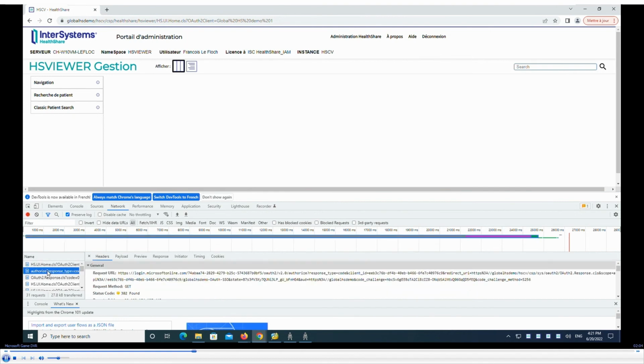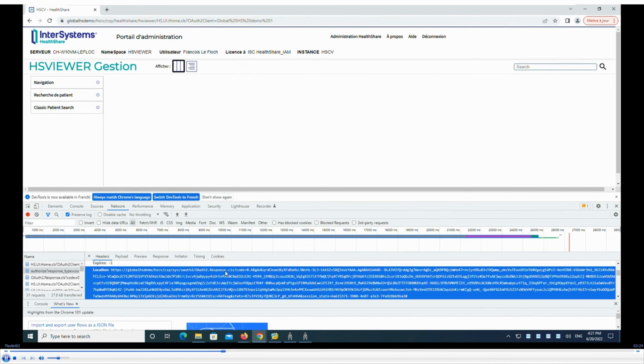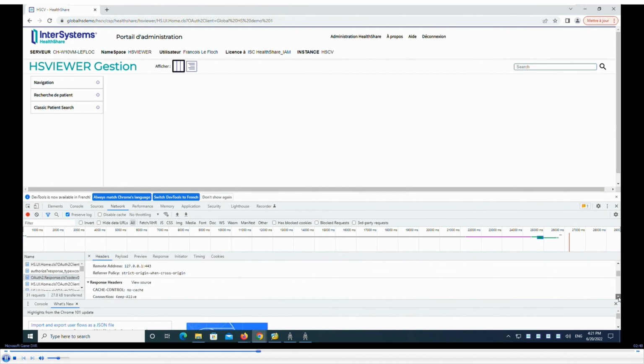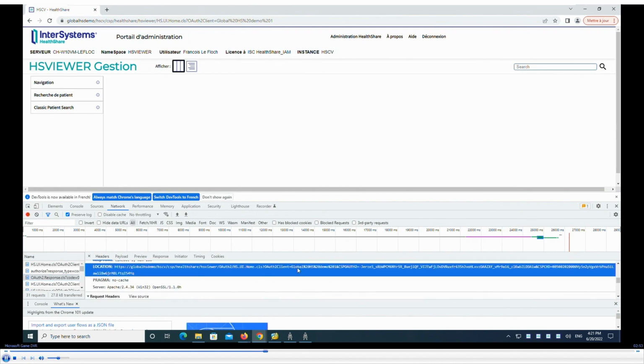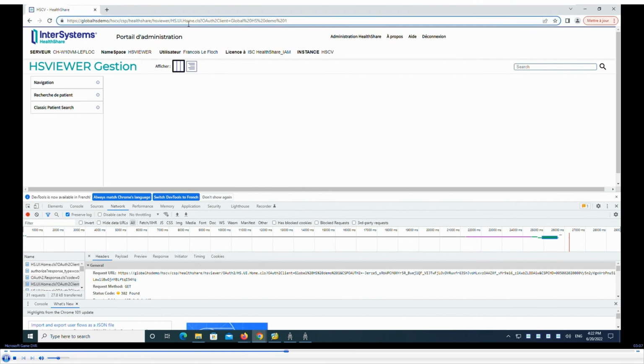You get then to the Microsoft website. That website is where you'll do your login, password, two-factor authentication. And when it comes back, it will redirect you back to the OAuth response class, which is a built-in class to handle OAuth. That class will retrieve what's called an authorization code, exchange it in the back channel for an access token. And based on this, then HealthShare will be able to log in,